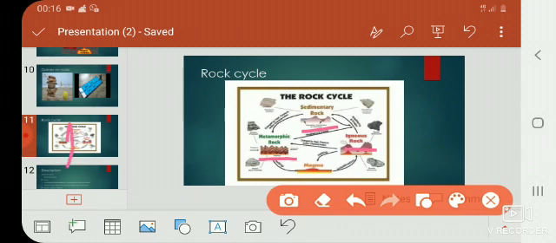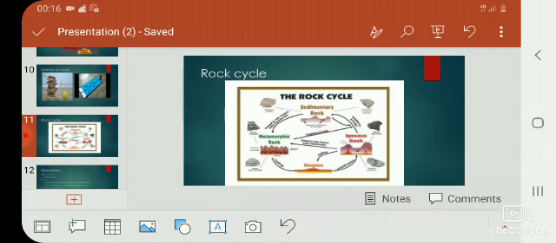Coming to the sedimentary rock, what are these rocks? Actually, what happens to the igneous rocks is, these igneous rocks crack down and roll down and hit each other and form small pieces and fragments. Therefore it is called sedimentary rocks. And when these sedimentary rocks go under heavy pressure, it forms as a metamorphic rock.